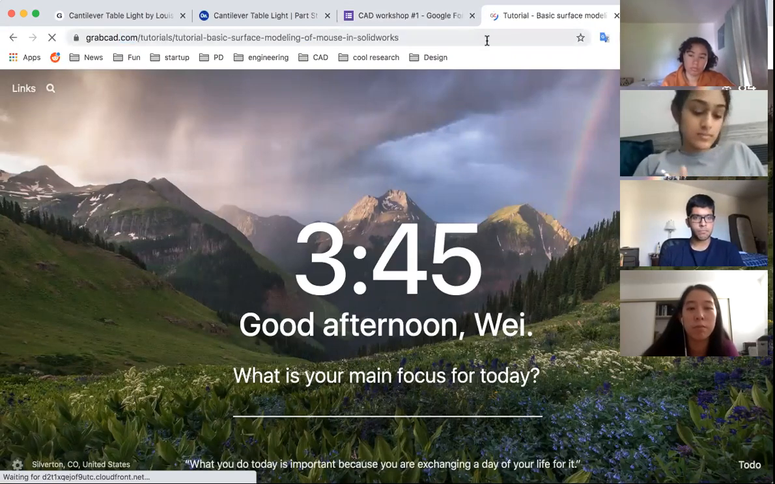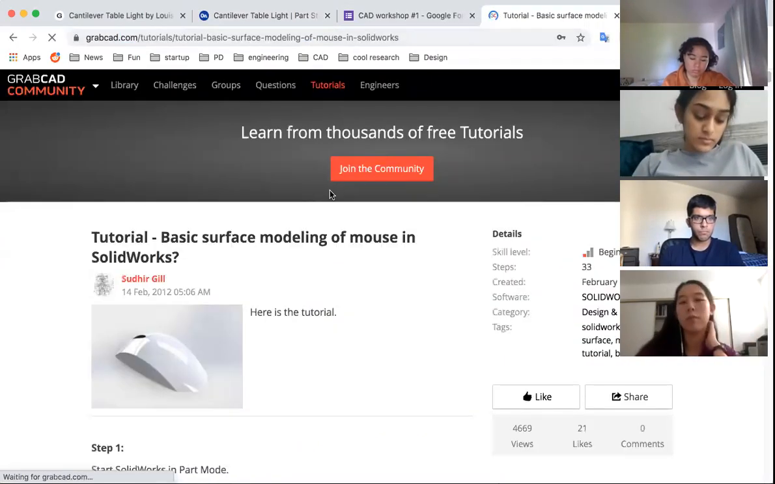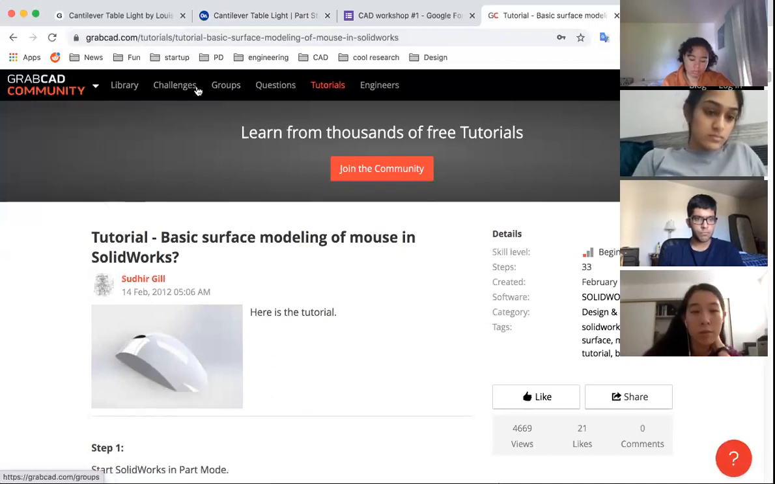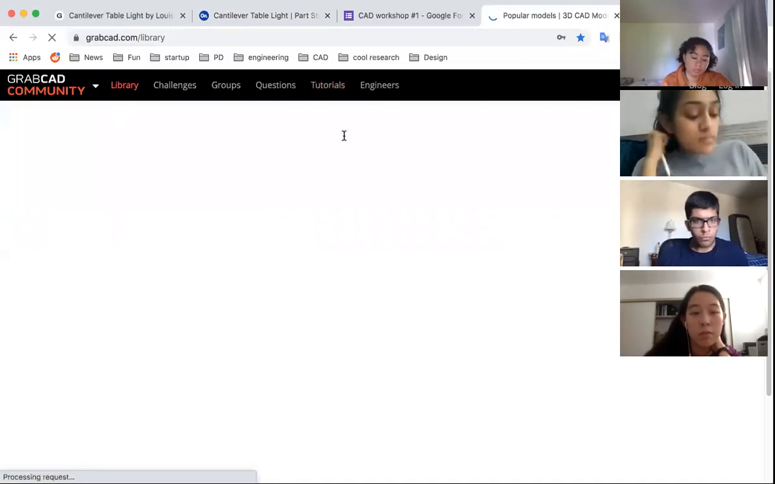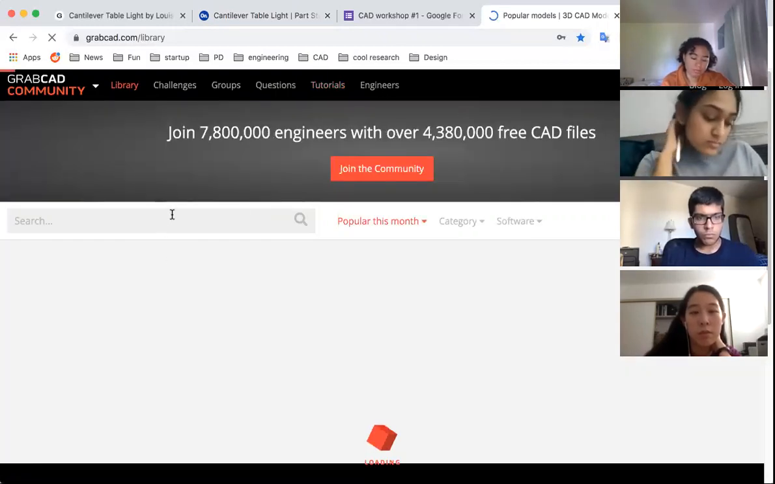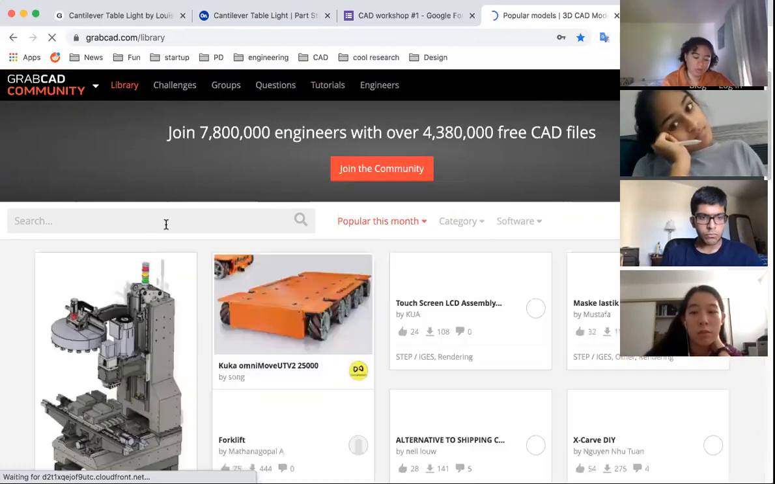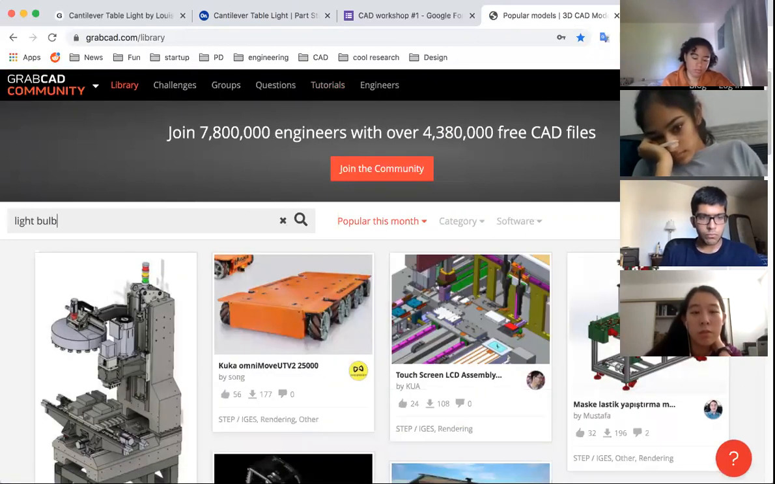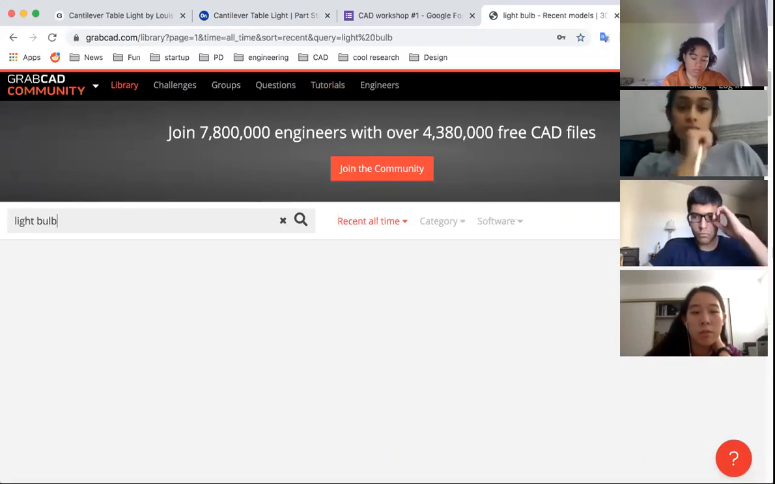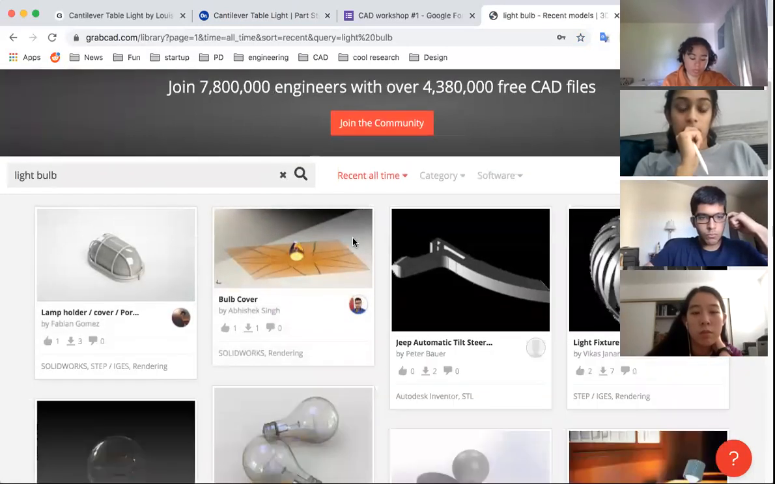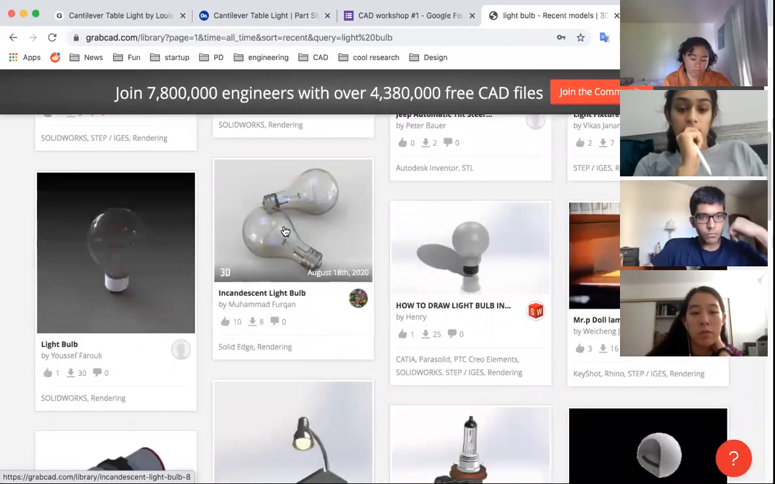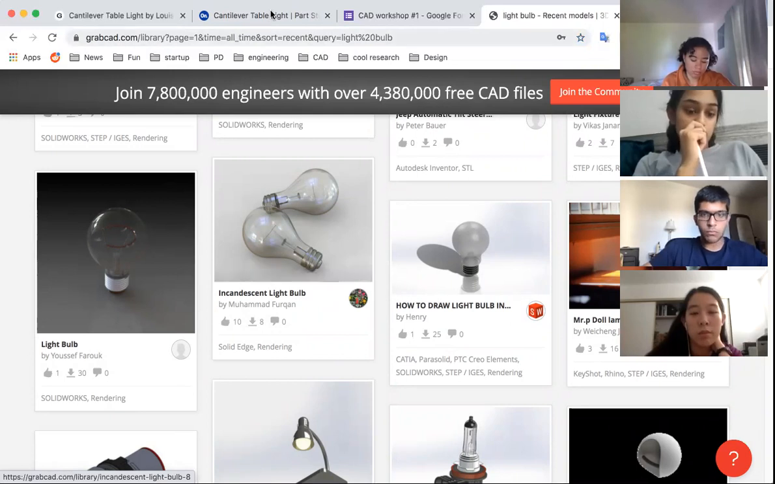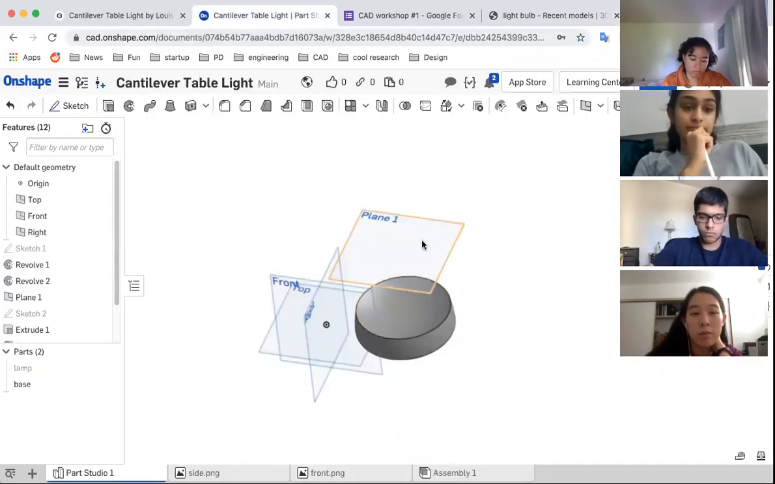Okay, well, if you guys are gonna design, GrabCAD is a really cool community to share 3D modeling things. So on GrabCAD, what I'm gonna search for is a light bulb. There's a chance that someone has already designed a light bulb. Look at these. Somebody designed this incandescent light bulb, very recently actually. You can just click this and download it, and then you can import it into this thing, like I did